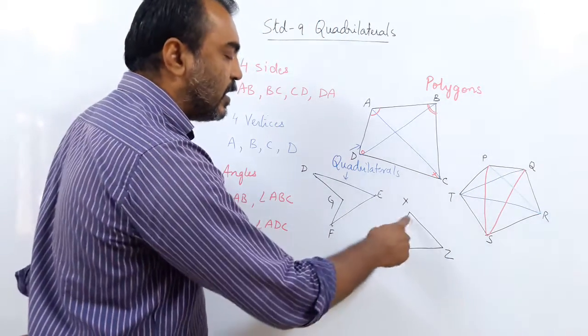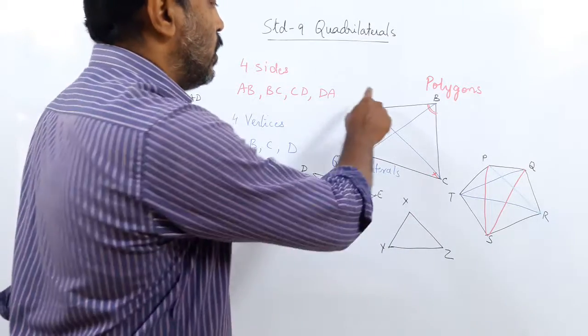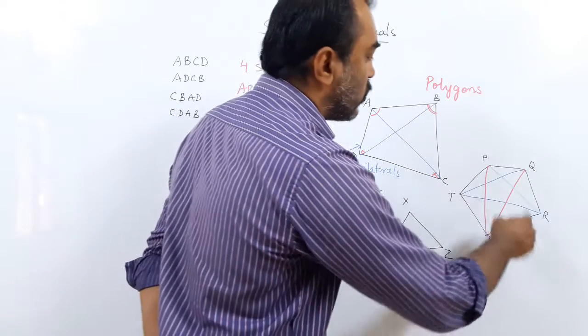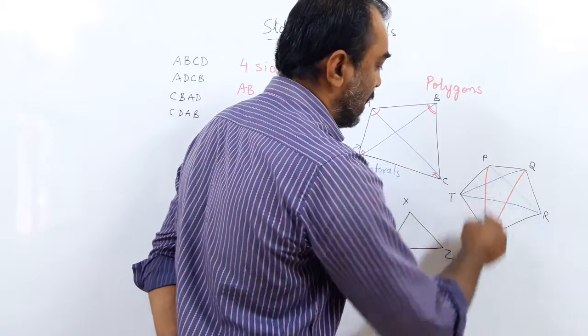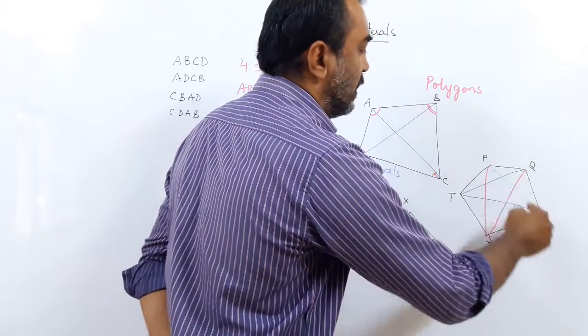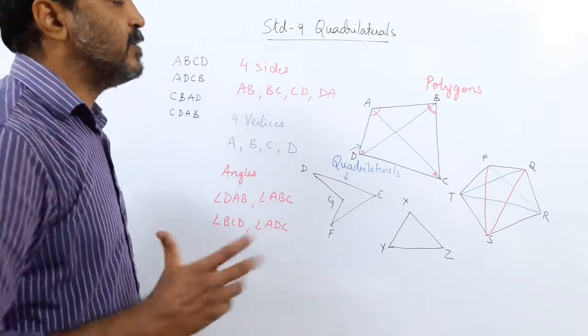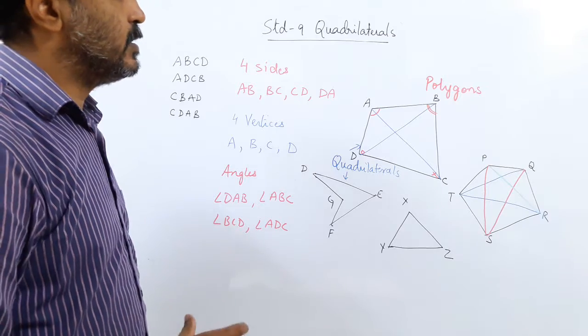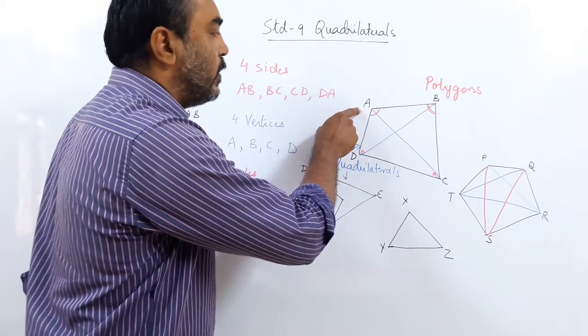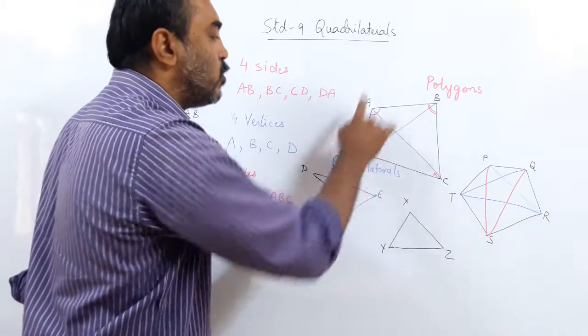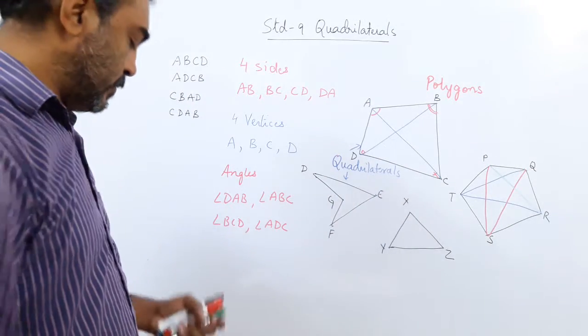So a triangle has no diagonals. A quadrilateral has two diagonals. A pentagon has got 5 diagonals. You can count. See, the red lines 2, blue lines 2 and green line 1. So pentagon has 5 diagonals. So I hope you have understood what diagonals are. Diagonals means you start from a point but you omit the adjacent points. Go to the points which are not adjacent and you get a diagonal.